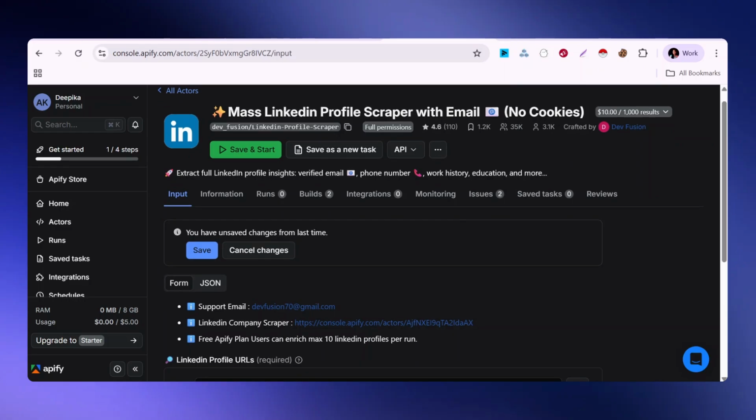So this is the ID for this particular actor, like a link, and you can copy this. And if you scrape using the API method, you can use this ID. You can see all the details about how many users ranked it, how many users saved it, and how many users followed and used it. And you can see who built it. When we see pricing, 1,000 results cost around $10, and you can create a new task and save and start.